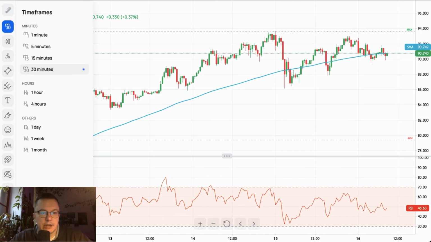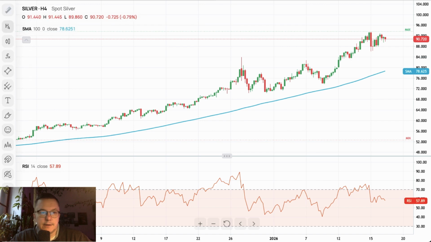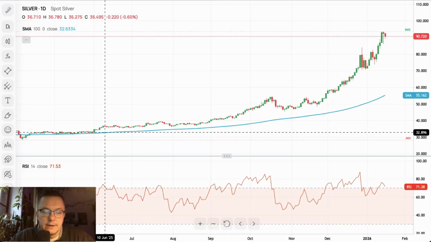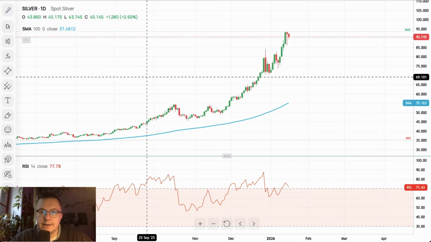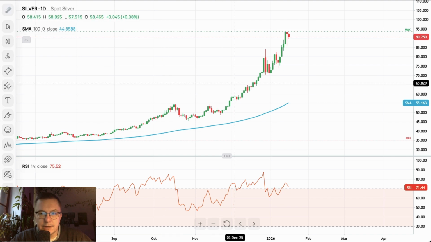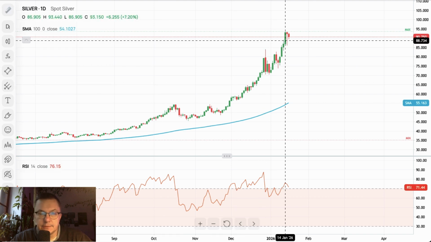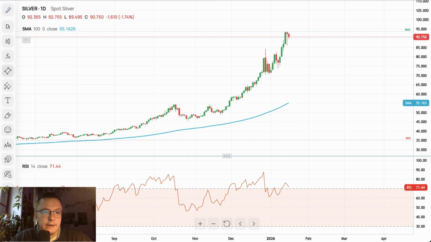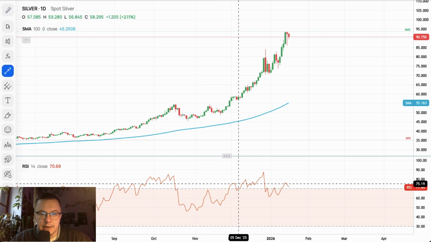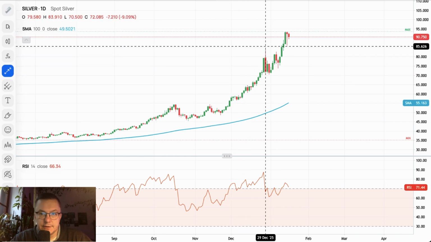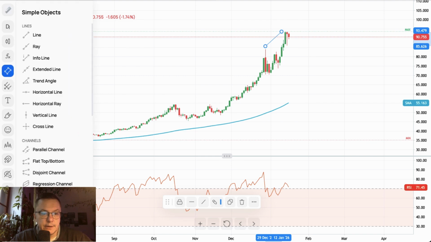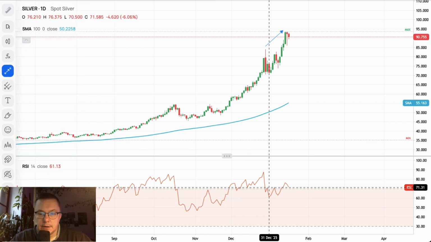Silver 4-hour time frame chart is looking bullish as well. Even if we switch to the daily, you can see that this precious metal is going very much up. It's getting towards the level of 100 right now. Local high 93.44. Nevertheless, what I would like to say here is that we got obviously some sort of bearish divergence. During very strong up moves like this, the divergence is very often